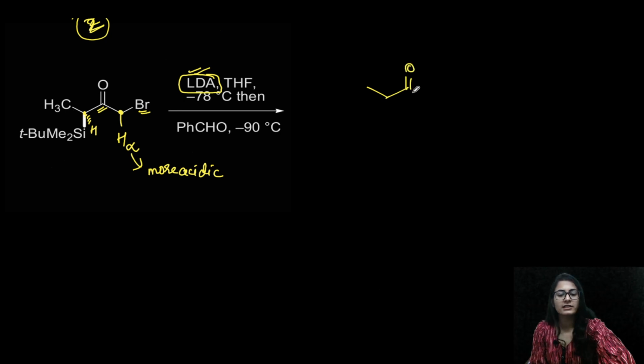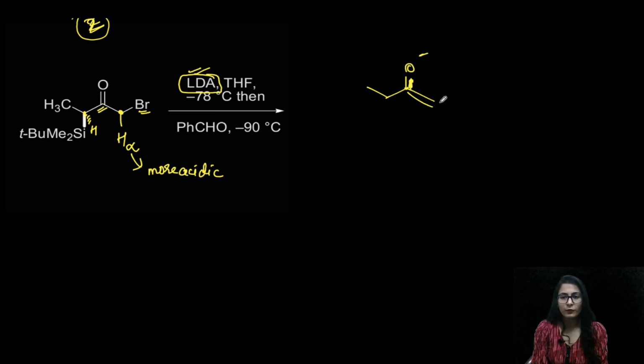Why is it more acidic? Because there are two electron withdrawing groups close to it. So that is why we are just going to form this kind of an enolate. Alright, just a second. It is going to be a double bond over here, O minus. And this is how you are going to get your enolate, the methyl group over here, and no stereochemistry change on the other alpha carbon. So basically this is our TBDMS group, which is tertiary butyl dimethyl silyl. So either you can write it in this manner, dimethyl tertiary butyl, or you can also write it TBDMS.